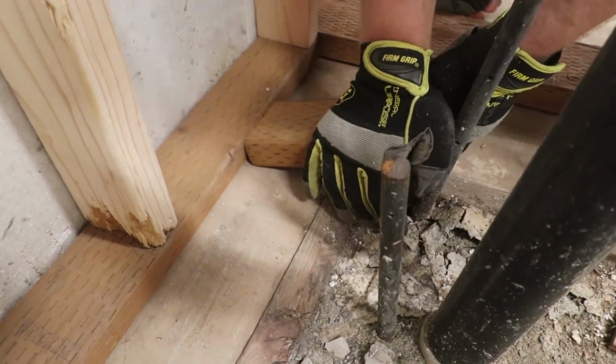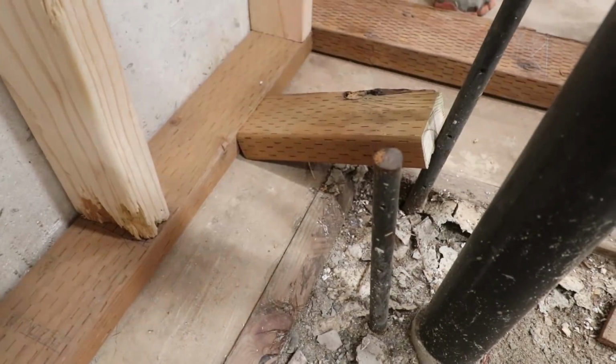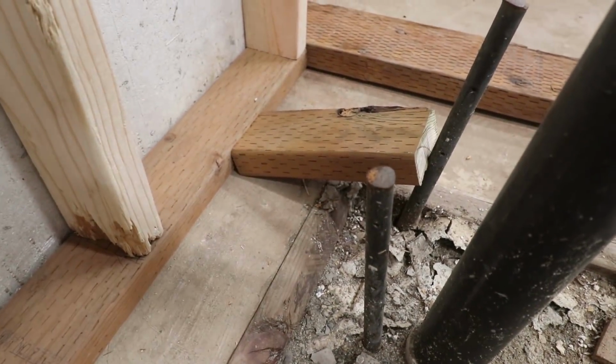Get in there, you pest. I'll apply some pressure on it, right, to stay there. Let's put this one